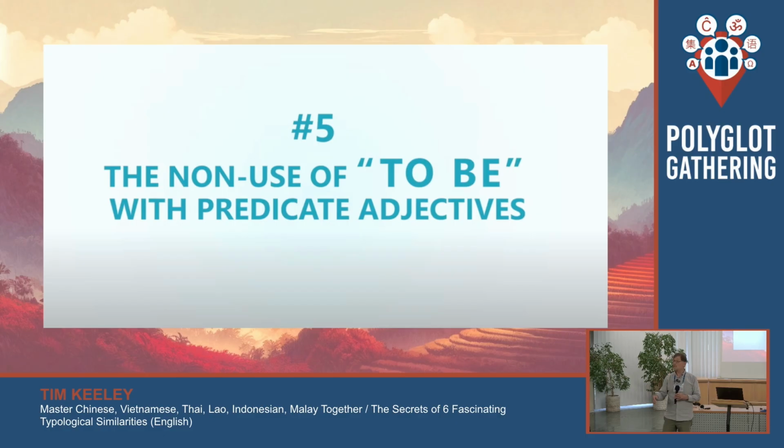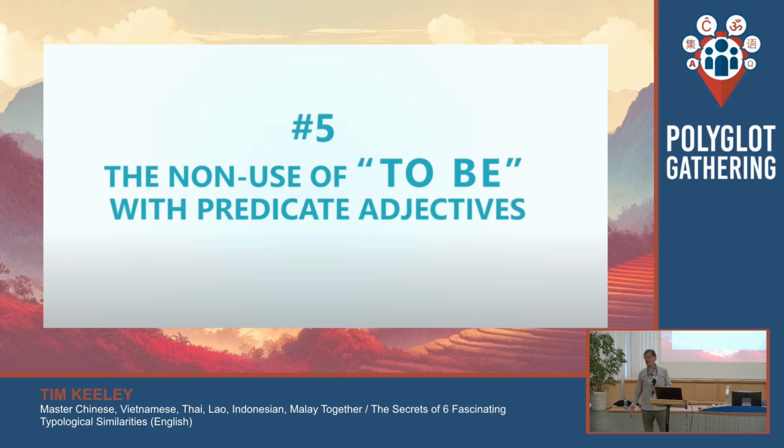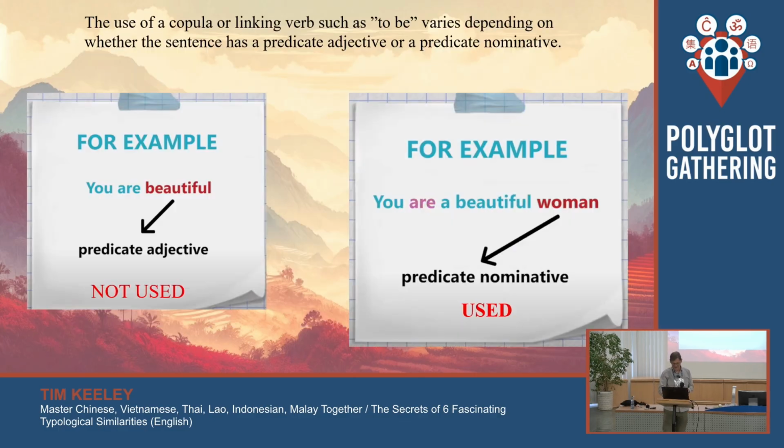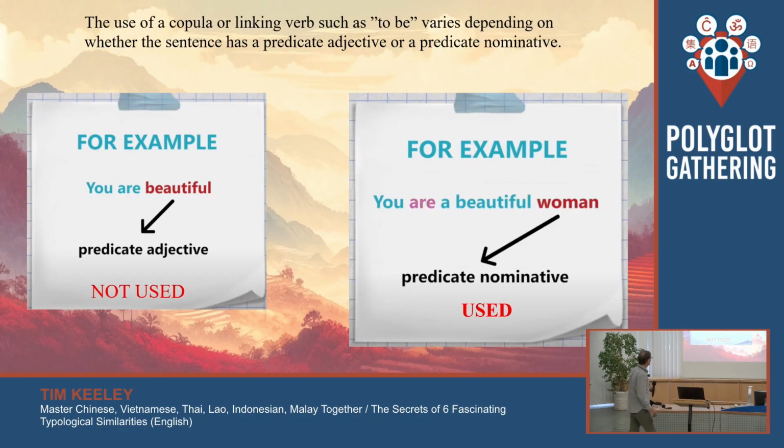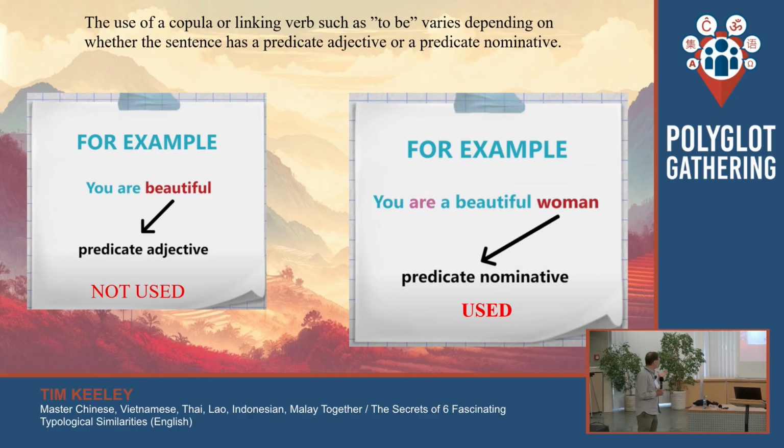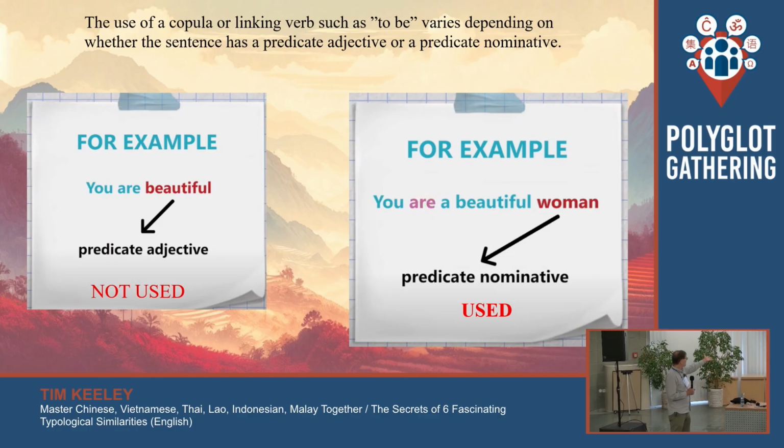In Korean and Japanese, we conjugate adjectives. Atsukatta, it was hot. Okay, atsukarou, it should be hot, right? Atsukattara ikimasen. If it is hot, I won't go. We can do that just with the conjugation, okay? But you don't have that in these other languages. So here, if I said, you're beautiful, then that's fine. It's a predicate adjective. I don't need "is." I can't use "is," okay?